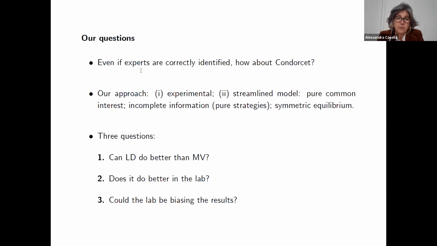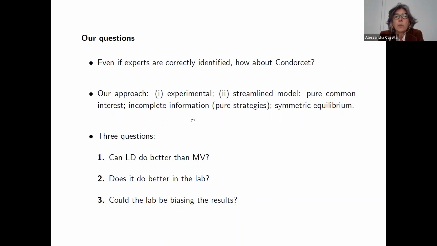We start from the very basic question, the point of departure, I think, of voting with delegation, which is, even in a world where you identify the experts correctly, and I actually personally am very worried about that. I'm not at all convinced that we would be able to identify the experts correctly, but suppose you could, even if you can, by delegating, you are reducing aggregate information. So you are losing the richness of independent signals that Condorcet talked about, right? So where does the Condorcet jury theorem sit relative to this theory of delegation?